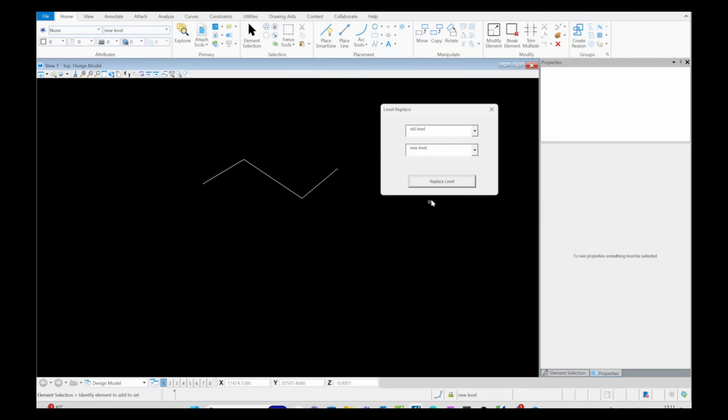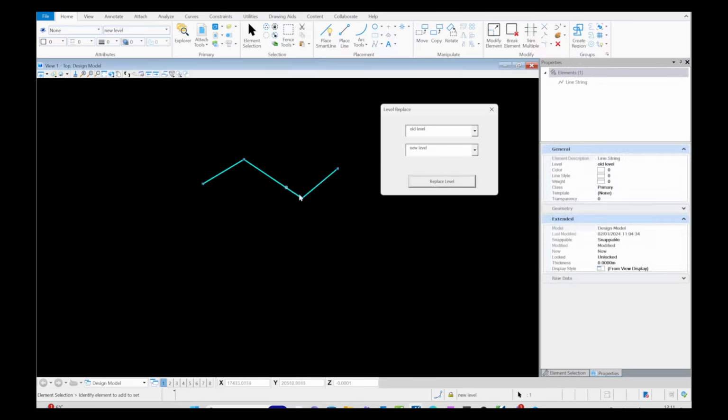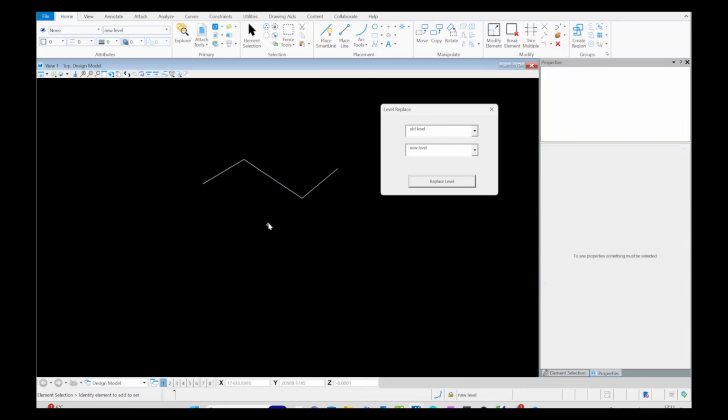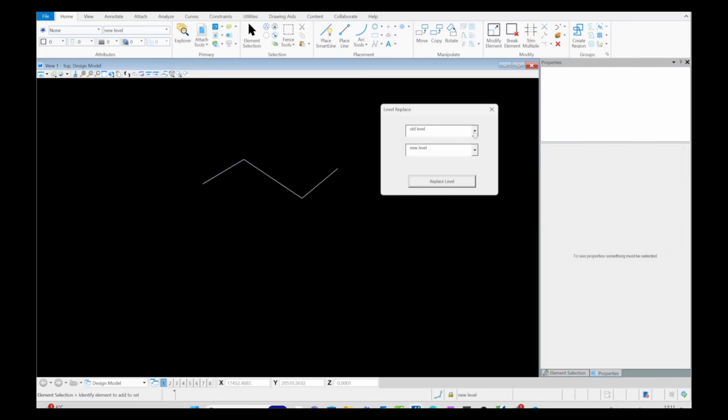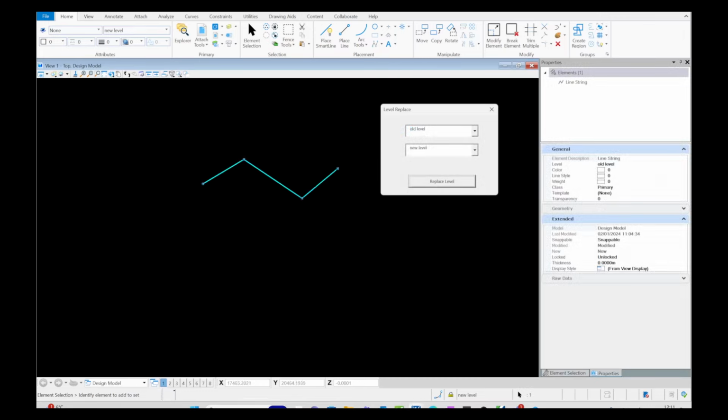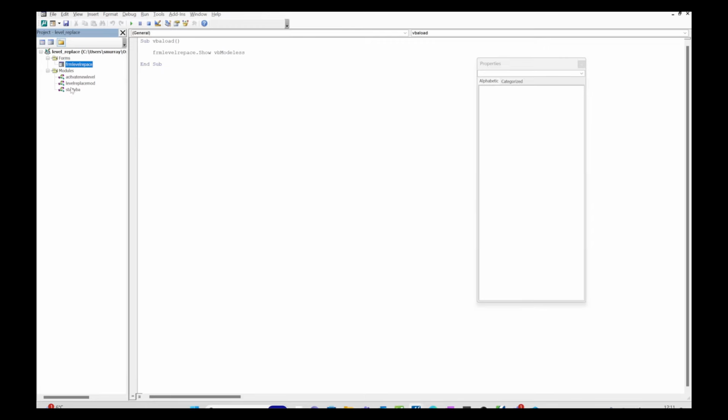So if I click here, you can see it does select the element. So now it's about adding the code for this last part here. If you click here, you can see it selects that element from the old level. And if I change that, let me just put something else. See, nothing happens because I have put this into a level called old level. So if I put old here, select, see, it does select the stuff. So now for this last bit here,